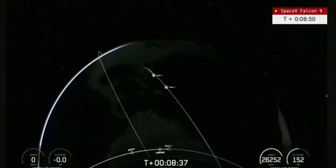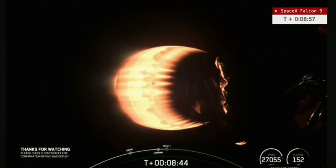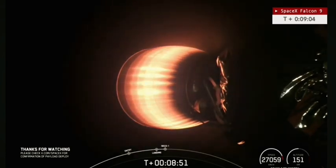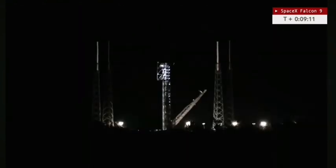This booster is now back firmly as the flight leader for SpaceX's fleet, being the only one with 18 missions under its belt. As second stage engine cutoff, or SECO 1, is called out, see the glow of that engine start to dim as the upper stage is now going into a coast phase, where it will remain until T plus 54 minutes 5 seconds, at which point there